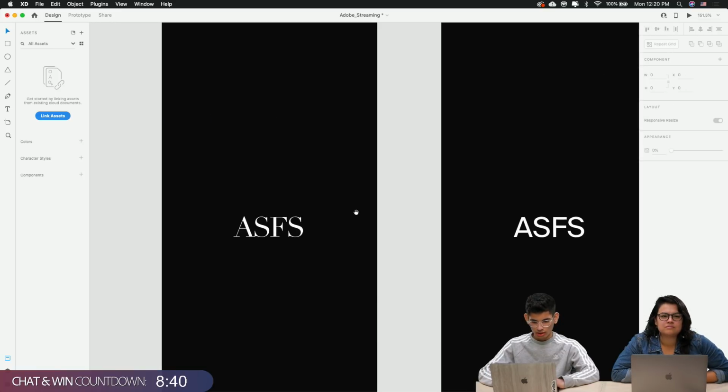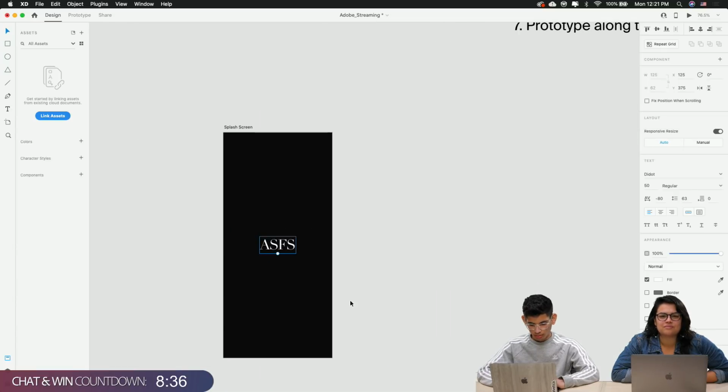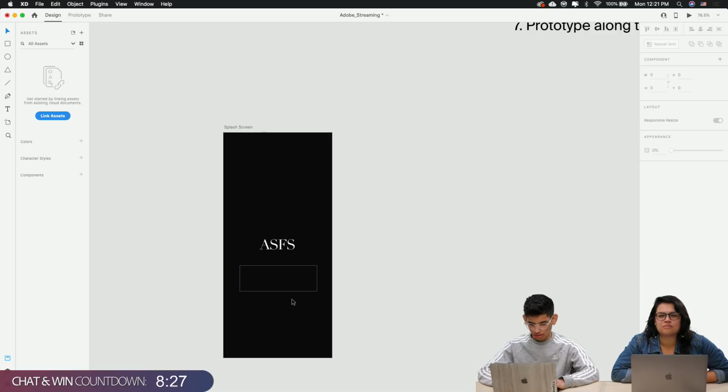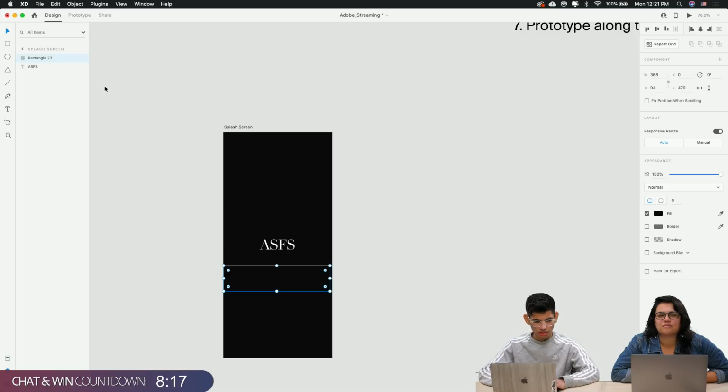Center this, and now let's just duplicate it. First, we want to have a rectangle. This is the mask, the mask on the bottom, and let's remove the border. Let's make it full width. Just keep it centered. Then we can go to the layers panel. We can have this as